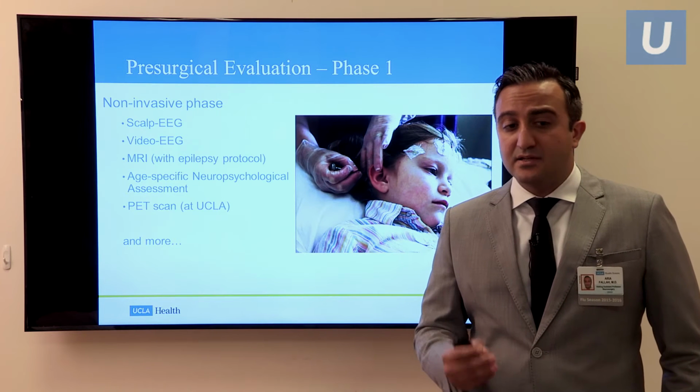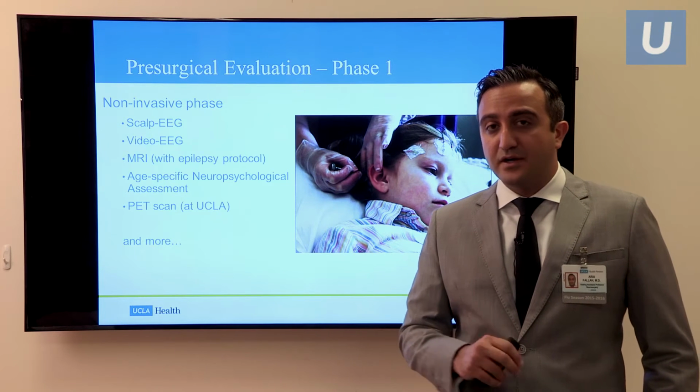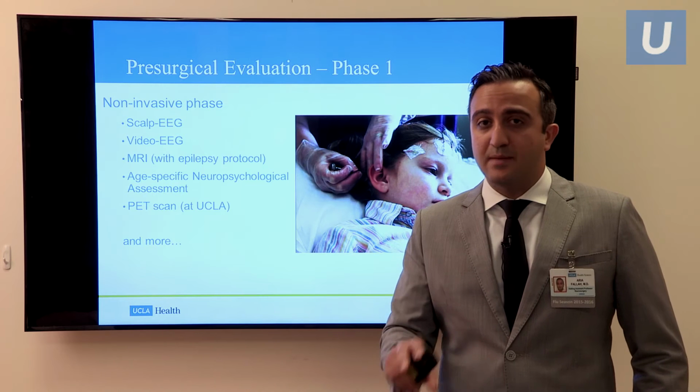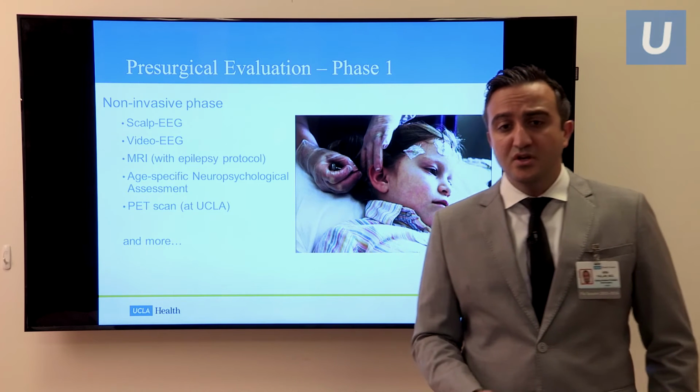A PET scan is also standard here at UCLA, and this, like I talked about before, tells us areas of the brain that are functionally abnormal. So even though they may be structurally normal, they're functionally abnormal, and they can also cause epilepsy as well. So once all this